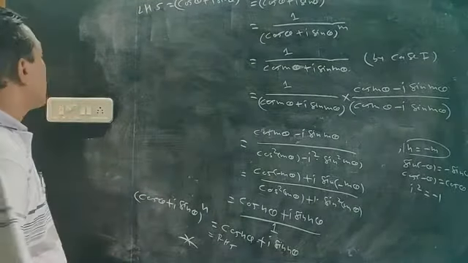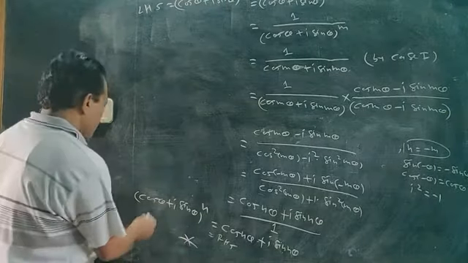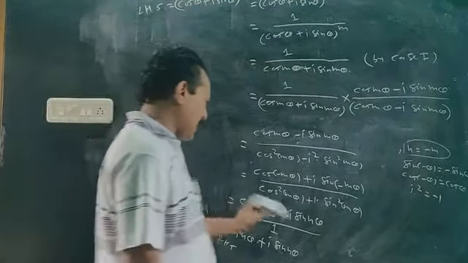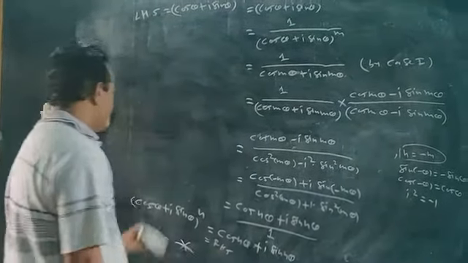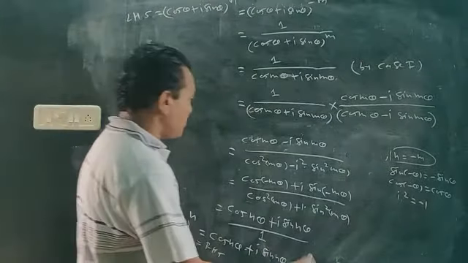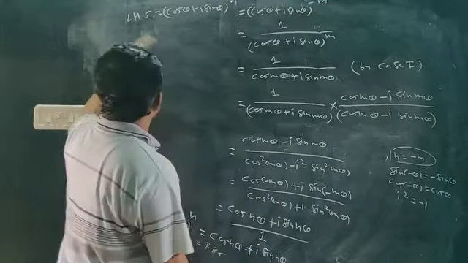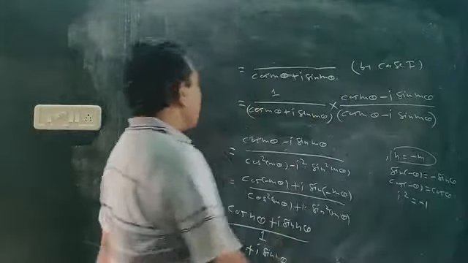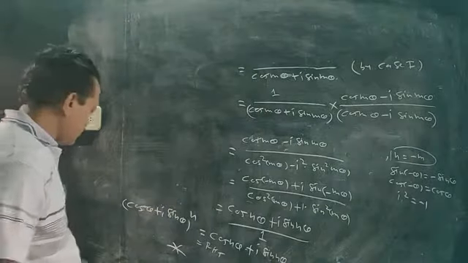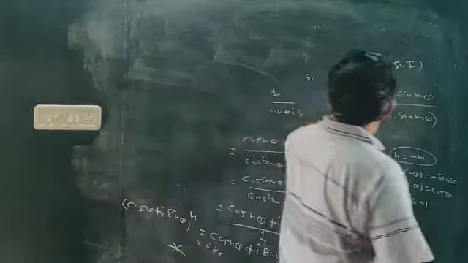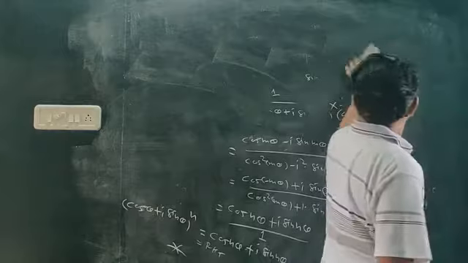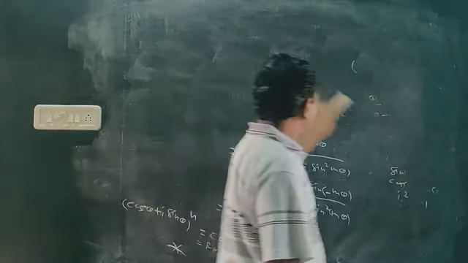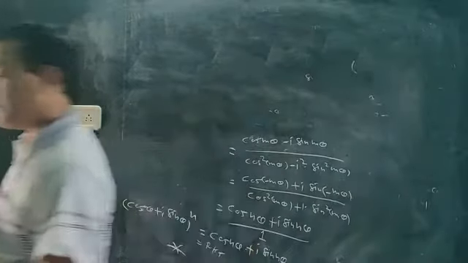So the theorem: cos theta plus I sin theta raised to power n equals cos of n theta plus I sin of n theta. For negative integers too, so both cases are proved. The positive case by the principle of mathematical induction, and the second case depends on the first case. Negative integer n is minus m. So this is De Moivre's theorem.